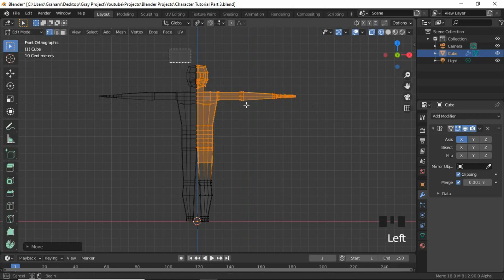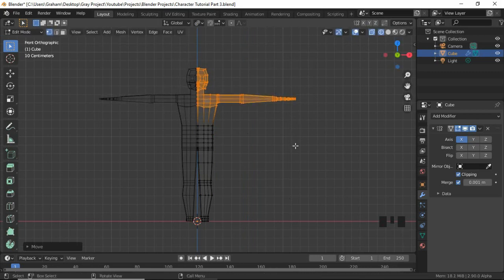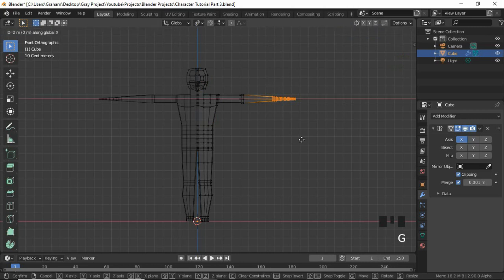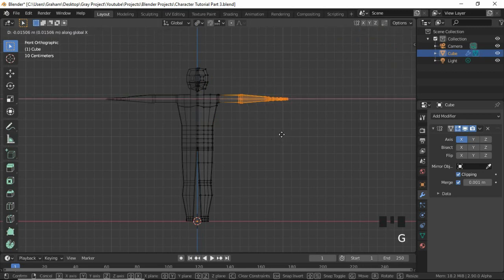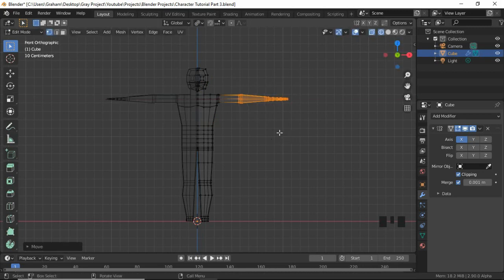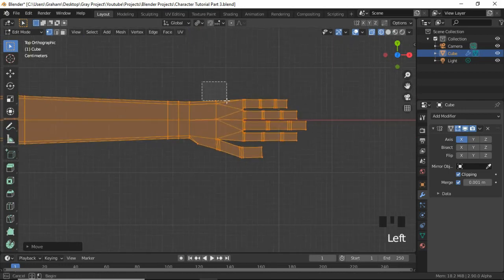And we can select this part and just move it down a bit. So right about there, because his torso was looking a bit too tall for me. And we can select the hand and just press G, X and move it inwards a bit like that. Also, while I'm moving it, I'm holding down Shift for a bit more control. We can actually make this arm a bit shorter like that,